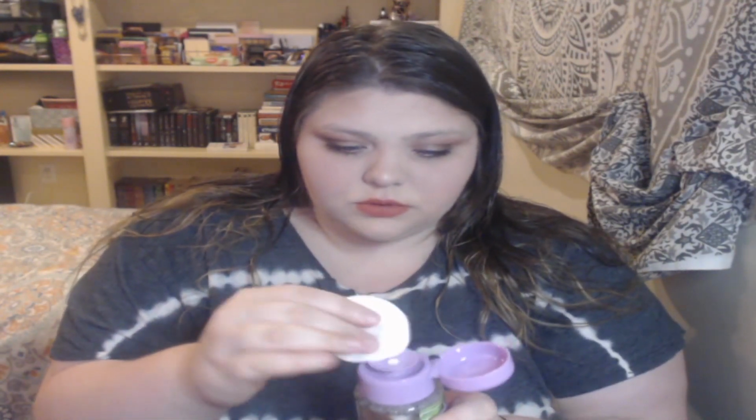Last product is actually a really cool one. It is a Tarte Micellar Magic. Looks like this. You got a lot in there. It's got one of those cool, like, ooh. Well, I'm gonna actually clean my brush off with this that I had to use on my lips. I can't really test this out for you guys, so for that I'm sorry, but it's a micellar water and